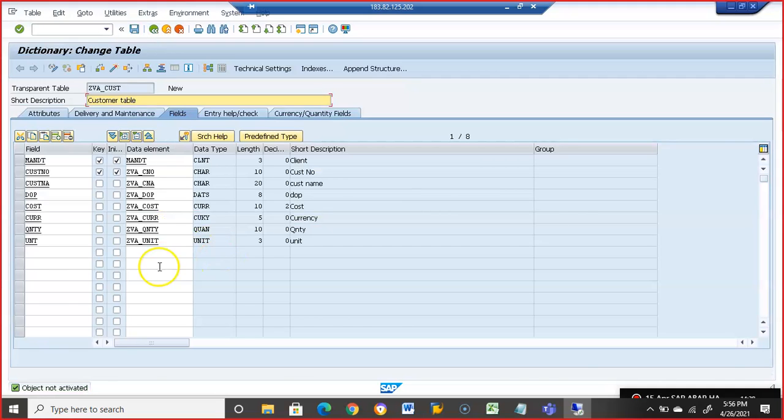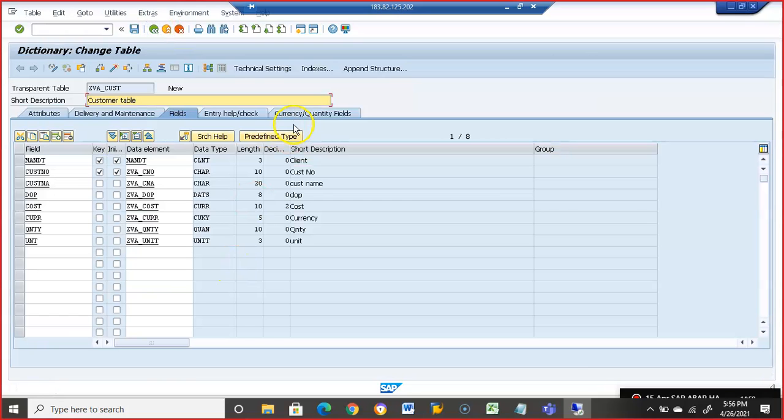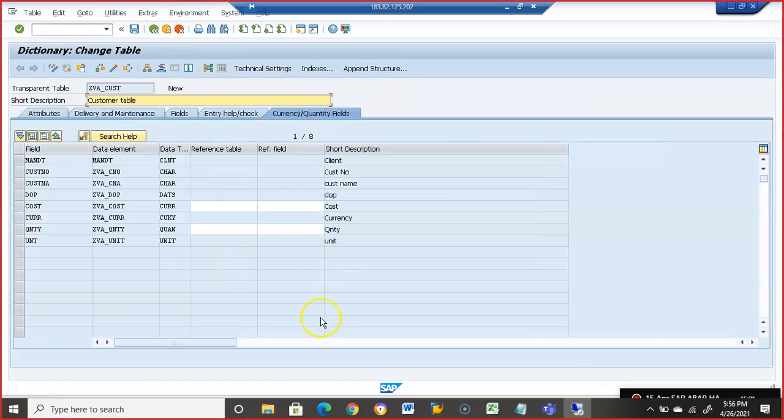You cannot save it. Let me show you the error. The error is that if you are given a field of type amount, there should be some reference field. It is expecting us to maintain the currency, and for quantity also it is expecting the unit. So that needs to be maintained here in the currency quantity fields.